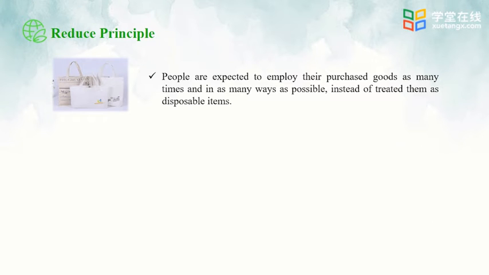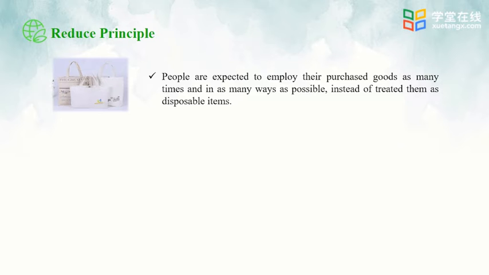In this figure, we can see a cloth shopping bag. A few years ago, China banned supermarkets from providing disposable plastic bags to consumers for free. By adopting this principle, we expect people to use these reusable shopping bags. In this way, we can reduce the plastic waste generated by the plastic bags we use for shopping every time. As the plastic problems are prominent now, a good way to apply the reuse principle is to use cloth bags